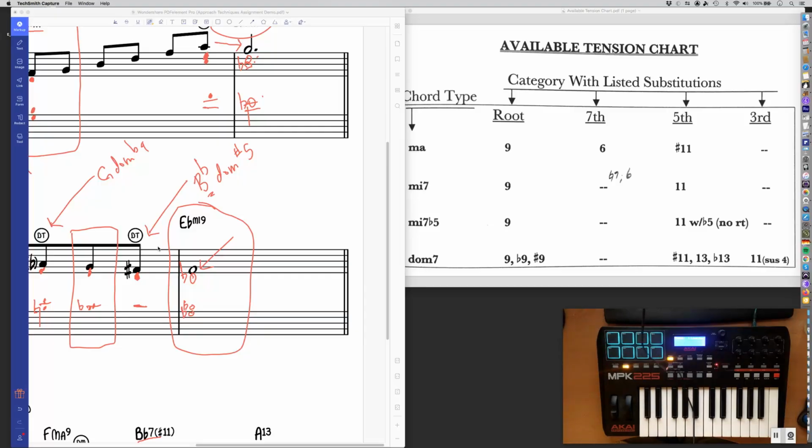Because if you look at this, if I were to do another C here, I'd have this repeated C. If I were to do a B flat here for the root, then I'd have a B flat that repeats to another B flat. So I'm actually going to use one of the substitutes again from the available tension chart. Okay, B flat dominant 7, I'm finding my root. I'm going to use this flat 9,